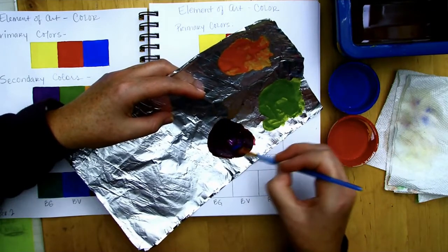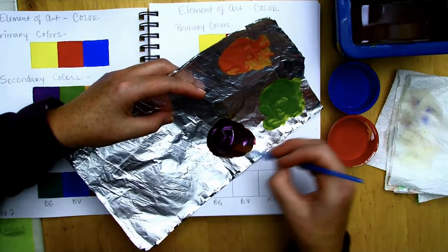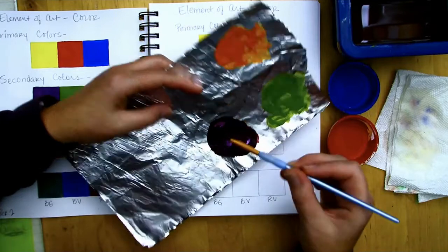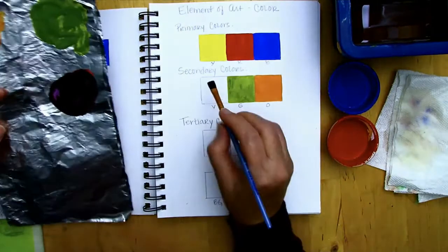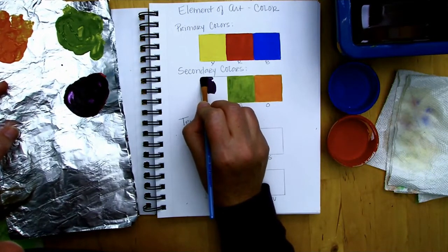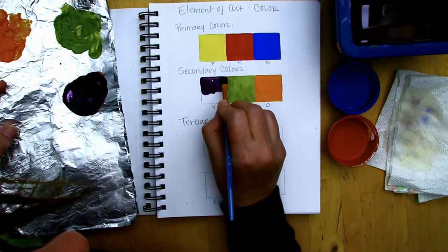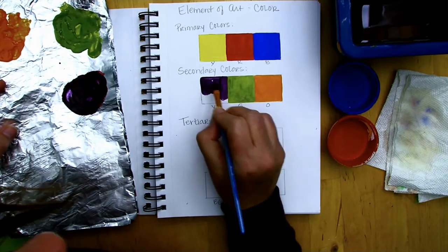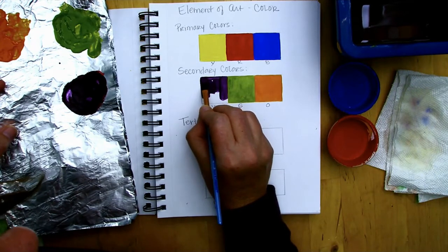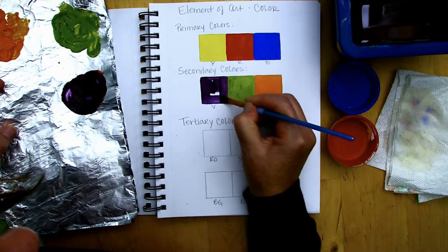You're looking for that really traditional purple color that you would call purple for violet. Okay, and we're going to go ahead and put that in this last square of our secondary squares. Again, I'm going to try to outline first. There's a lot of paint on my brush, so I pulled down from my outline into the middle. Okay, flip my brush, outline,